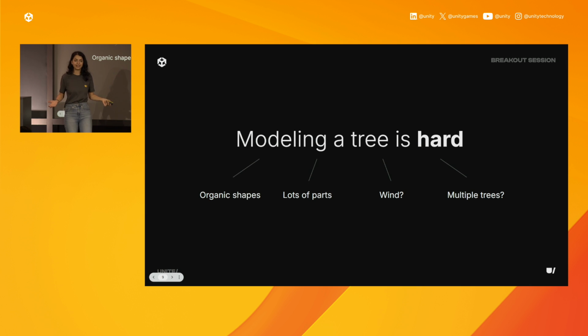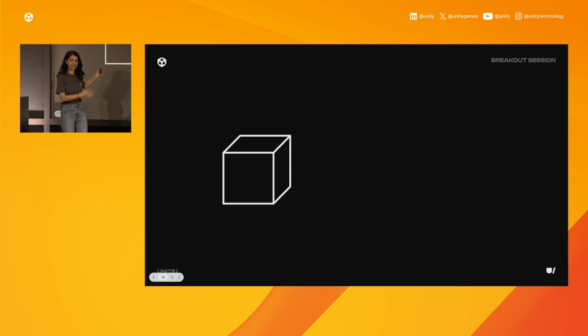To make an environment, you're going to need multiple trees, or bushes, or flowers, or grass, whatever you're making. And so I think my professor knew that if he tried to let us box model from this to this, it probably would have ended up looking a bit more like that.